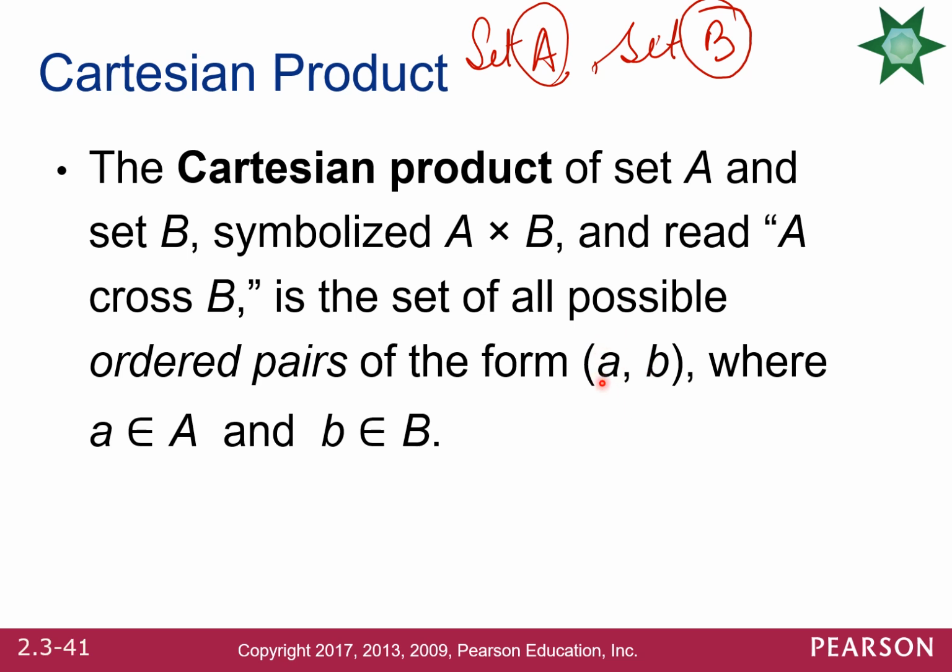One value will come from set A, the other value will come from set B. We'll go through some examples and we will learn the process of working through a Cartesian